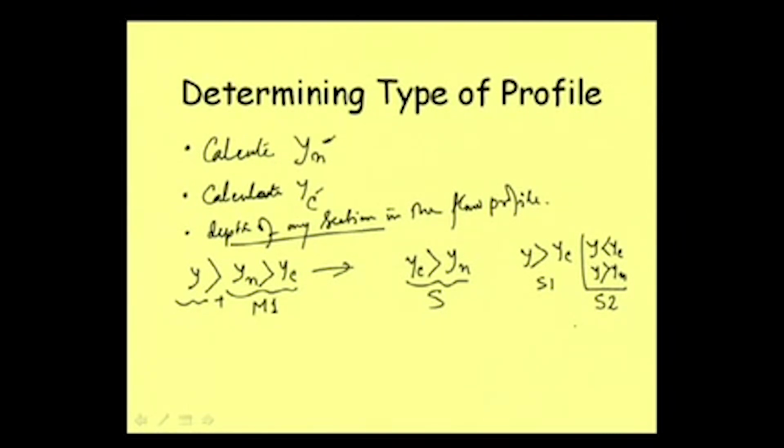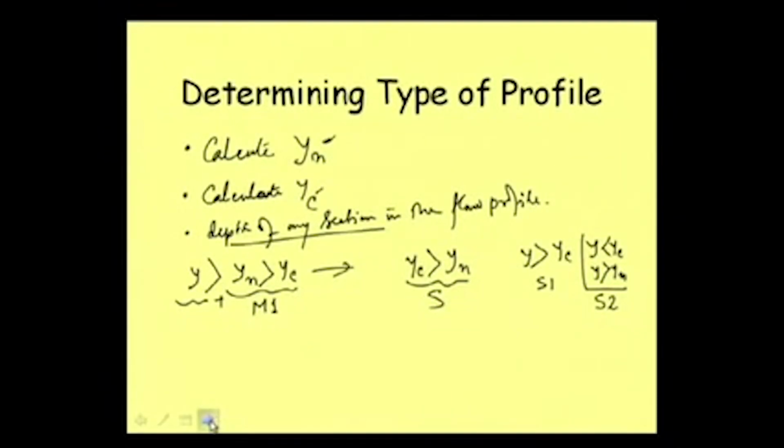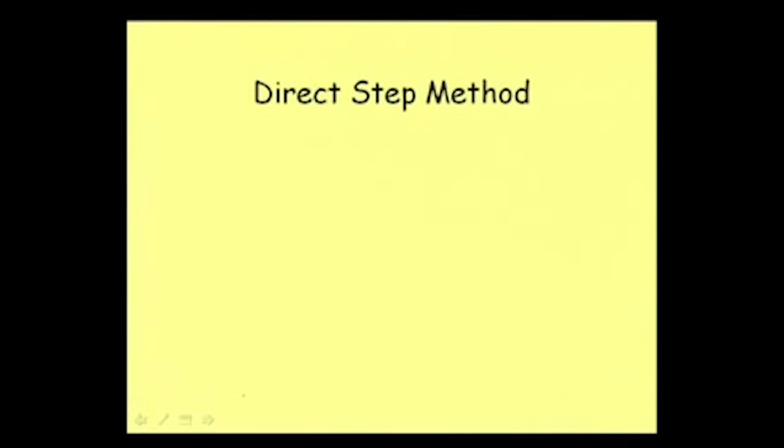Similarly, if the slope is horizontal, that also we need to see, then it will be H type of profile. If it is adverse slope, then it will be A type of profile, meaning it can be A2 or A3 depending on the value of y that we know from the control section. Okay. So, that way first we need to determine the type of profile, and then we can move on to the solution of that particular profile. And for solution, first let us discuss this direct step method. Okay.